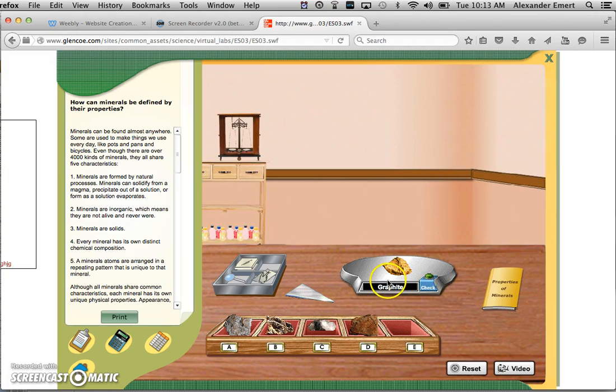Now, here is the one restriction on this lab. This is sulfur. It's very distinctive. Do not use it for one of your 3 minerals, because I just went over it for you, and that would be cheating. Okay? Remember, once you're done with all 3 samples, please make sure to answer the lab questions